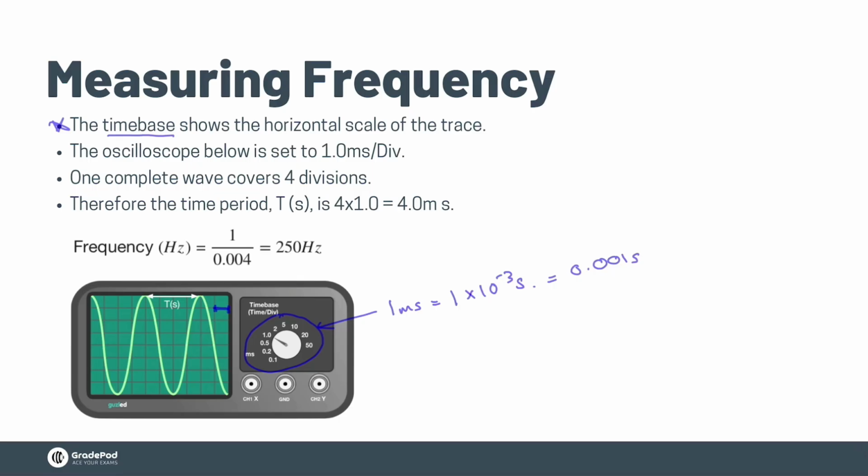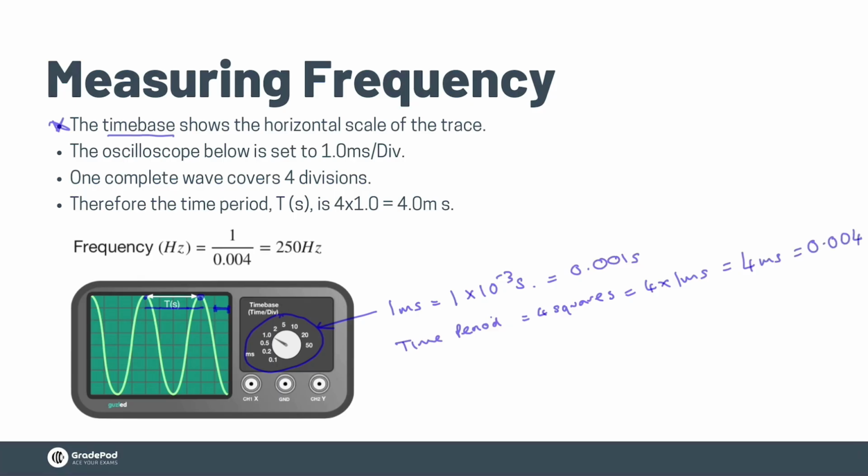And the distance between one point on one wave and the same point in the next wave gives us the time period of that wave. We can see the time period of the wave shown here is 4 squares, 1, 2, 3, 4. So the time period is equal to 4 squares, which is equal to 4 times 1 millisecond, which is 4 milliseconds, which is